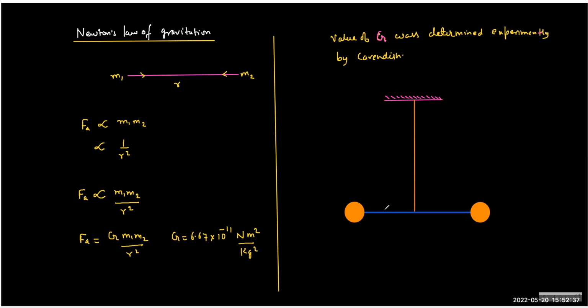Okay, apart from this gold, what they did next was they brought a similar gold ball and kept it at a distance like this. Now the wire is so thin that the force of attraction between